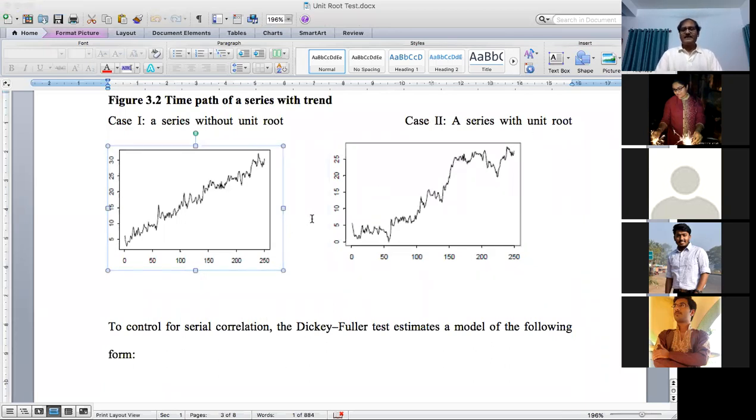So after having some idea by looking at the series, next we can go through formal testing by using some statistical norms. Now, if you are interested, I can show you some real data. These are the hypothetical figures based on simulated series. Now I have some figures